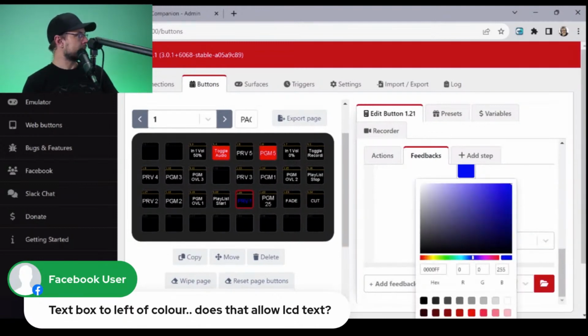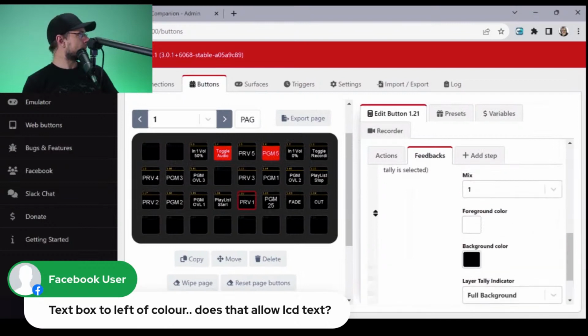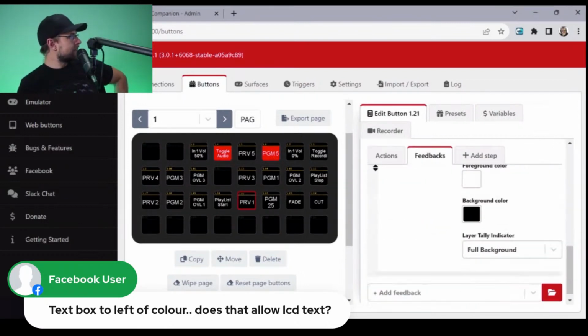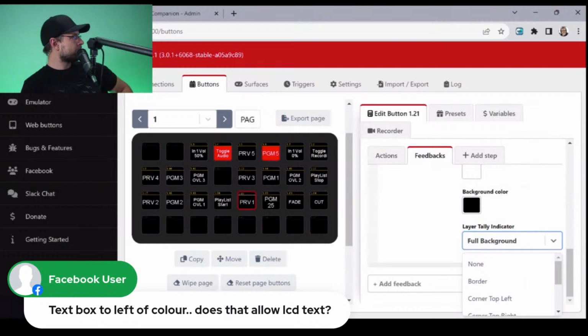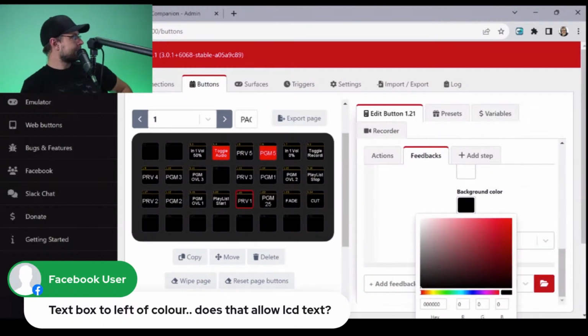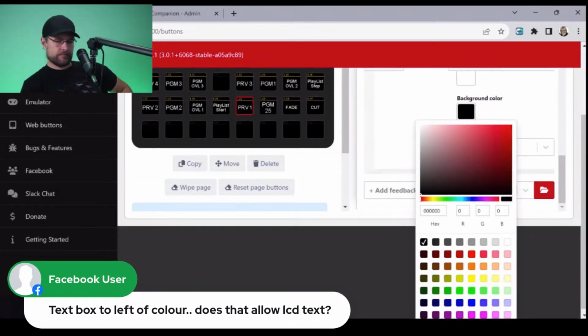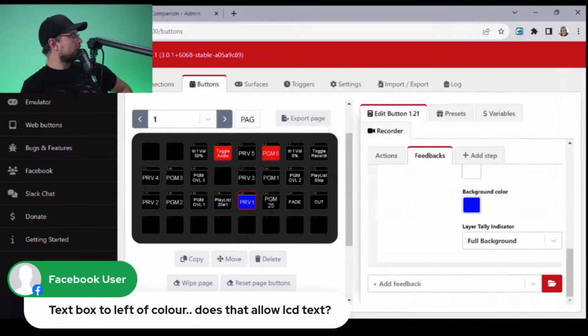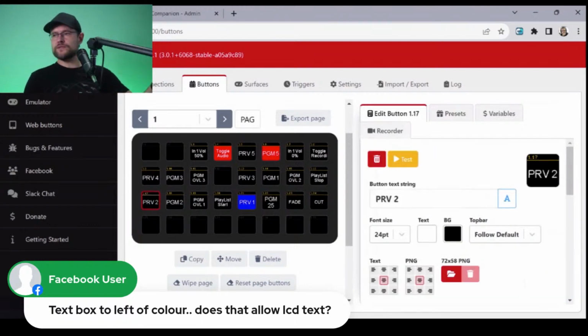Oh, the text. I see. I see what I did. So that's only changing it there. Why isn't it changing it? But if I load preview, oh. Okay, so that follows. Oh. What? All right, preview one. So it's following